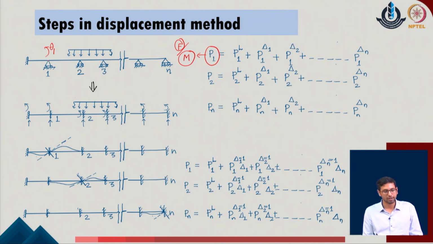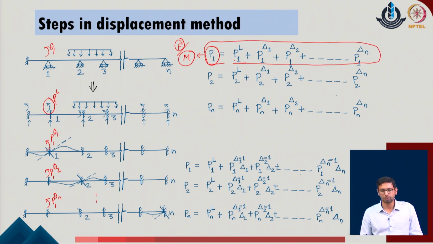So, we define the moment at the point 1 as equal to the moment at the point 1 due to the external load system, the moment which is generated in the given system. Then the moment at this given point due to the external rotation of the given system, theta 1. Then again the moment at this point 1 due to the theta 2 component, again the moment at this point due to the theta n component in the given system. And if we add all of them together, we get the equilibrium equation of the moment corresponding to this given system. I can keep on doing this for all the cases, and these are the n number of equilibrium equations which we can define for the given system.